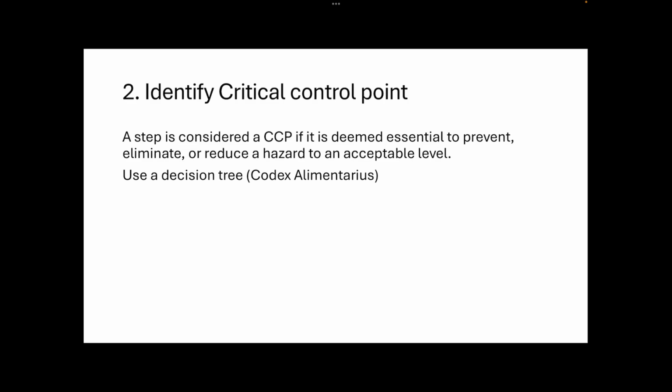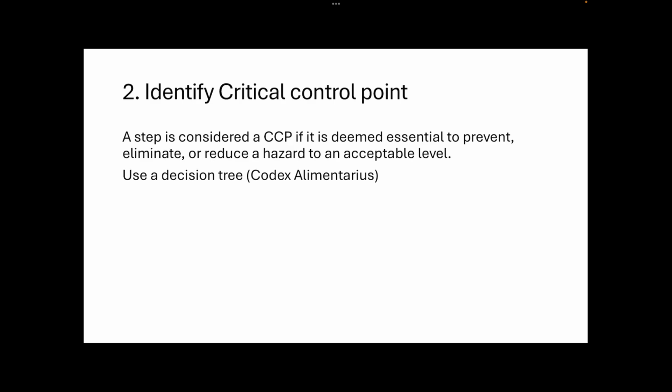Or you are receiving supplies, some material, and there could be metal in that. Right? That is a hazard. Do you have a step existing in your process that will ensure that that metal piece doesn't get into your food? Well, you may put a metal detector. That would become a CCP. Or you're controlling the pH for preventing Clostridium botulinum. That could be a CCP.